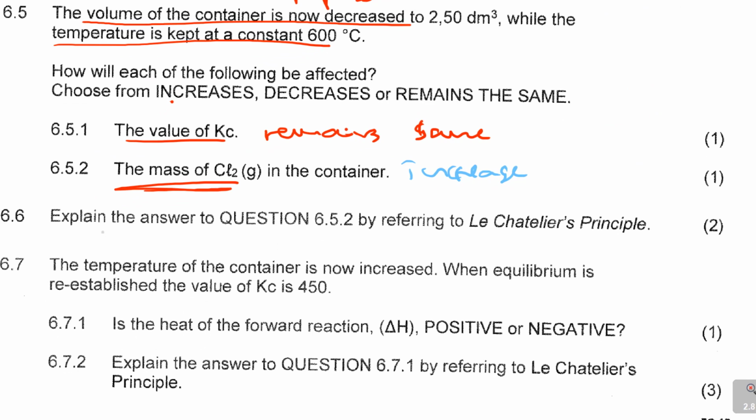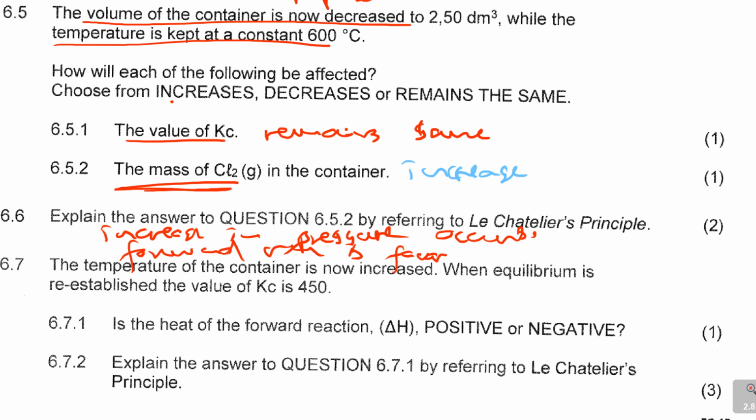Okay, you're going to say increase in pressure. Remember, decrease in volume means increase in pressure. And then you're saying forward reaction is favored. Forward reaction is favored. Increase in pressure occurs. The forward reaction is favored